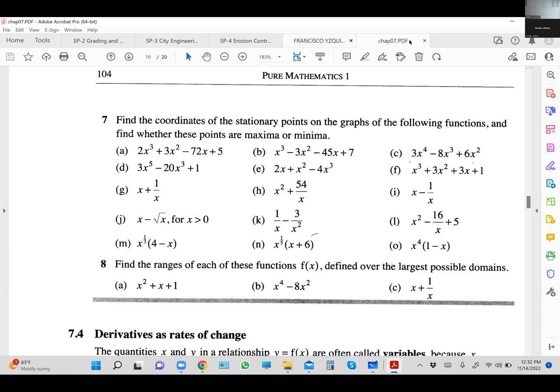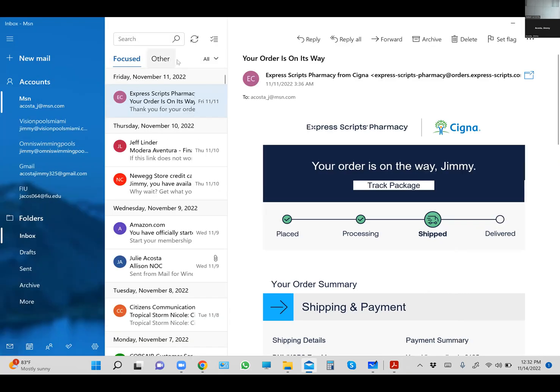Give me 1 second, just kind of closing everything out here. All right, so let me go ahead and stop the share. Let me go ahead and end this, and I have